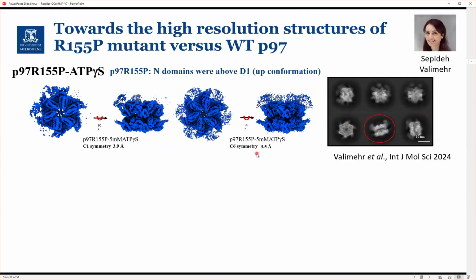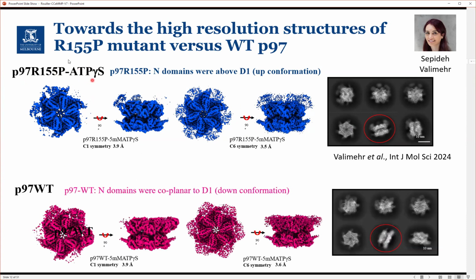This work was followed by CPD Valimer here at my lab at the University of Melbourne, where she calculated a high resolution structure of both the mutant protein and the wild-type protein in the presence of ATP gamma S. So she saw several things. Her studies confirmed that the N domain was located above the D1 ring for the mutant, or the disease mutant, in the presence of ATP gamma S,